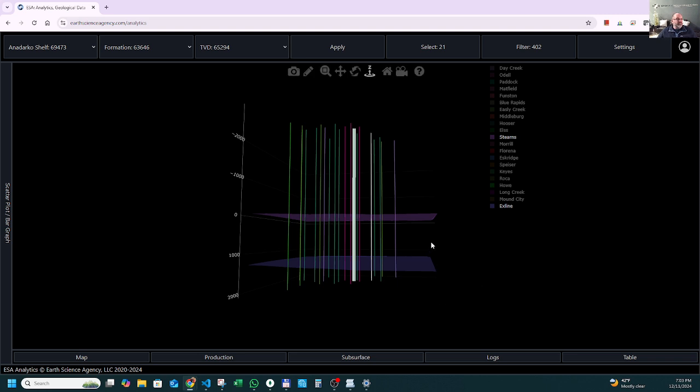And I can tell you, I grew up in Kansas, but I haven't really worked that area as an oil and gas professional. This is one of my first times even looking at this. But it was just that easy to get in and start evaluating and at least illustrating what's going on in this particular basin. So I'm going to shut that down